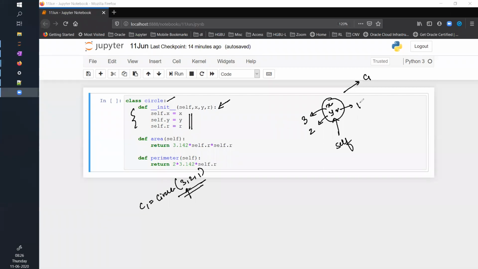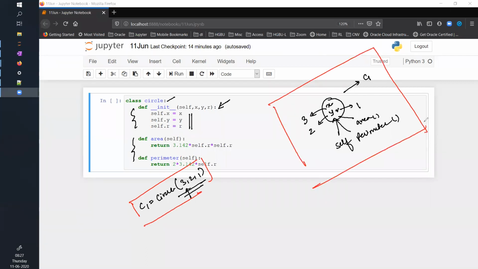Also, some functions are there in this class. These functions will not get called, but will be attached to this object, as in area will be attached to this object, and perimeter will be attached to this object. So when you create an object this way, this is what is happening inside. Is it clear now?